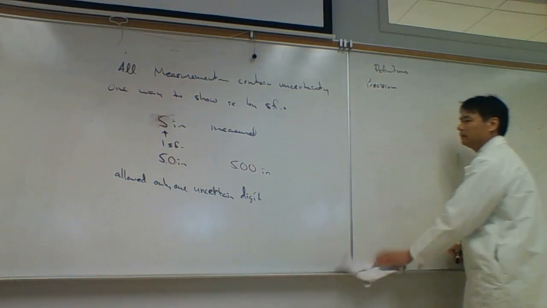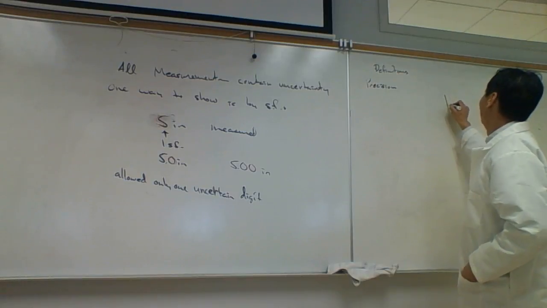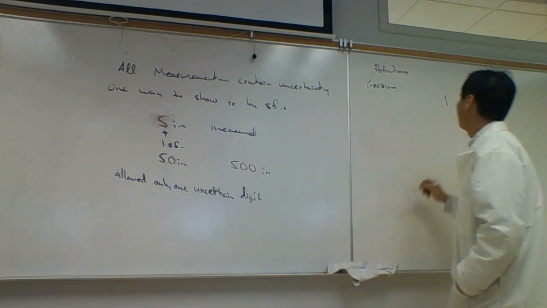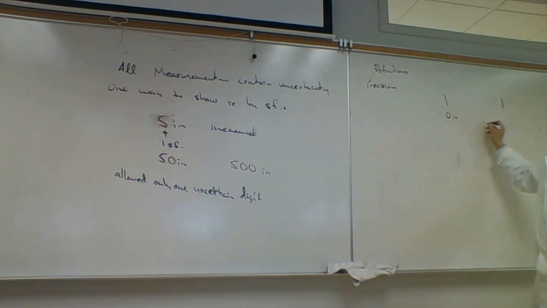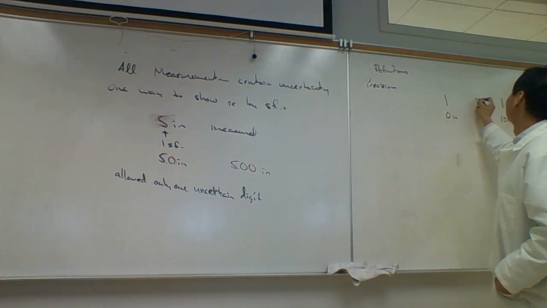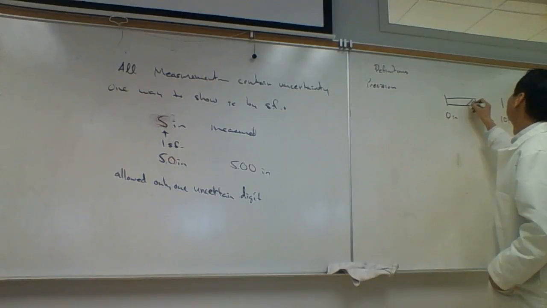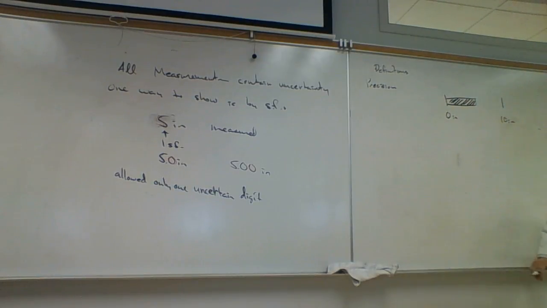And so on this, we read between the lines. And so what we might have is something like this. We might have 0 inches and 10 inches. And the next increment would be 20 inches here. And let's say we have an object. Our object is like this. Line it up with a 0. And this is our object. And what would you say the length of this object is? Looking at this, it looks like it's about